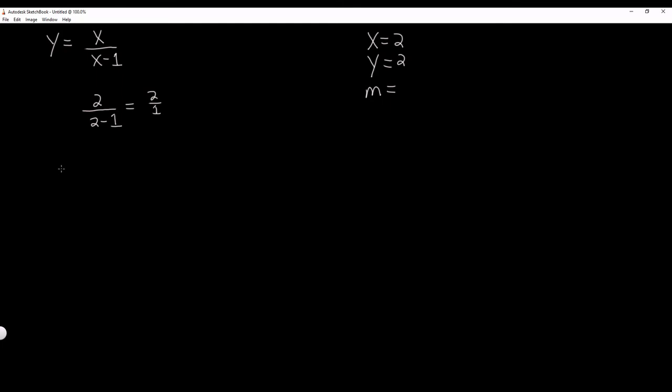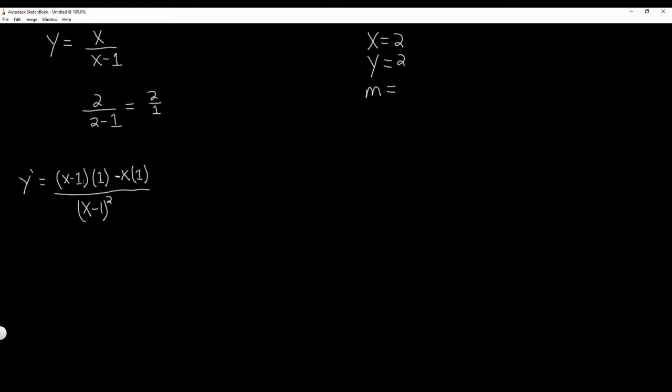The bottom, so y prime is equal to the bottom, which is x minus 1, times the derivative of the top, so the derivative of x is just 1, minus the top, so x, times the derivative of the bottom. The derivative of x minus 1 is just 1, all divided by the bottom, which is x minus 1 squared. So x minus 1 squared. If we do a little bit of simplification,